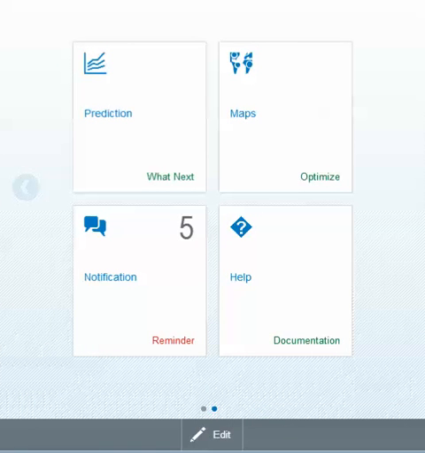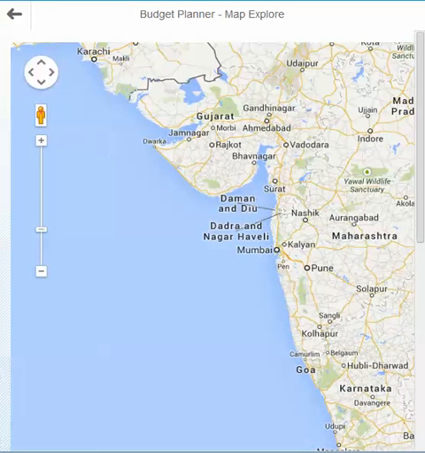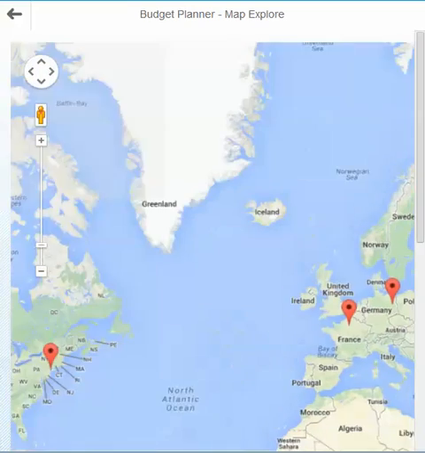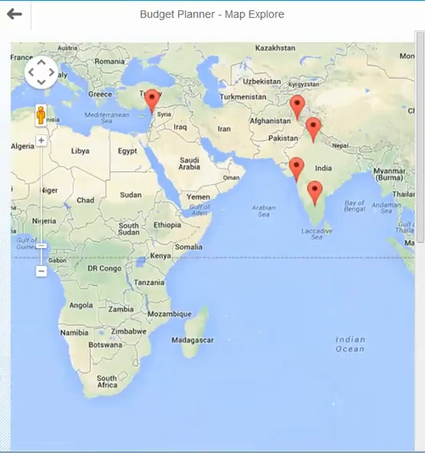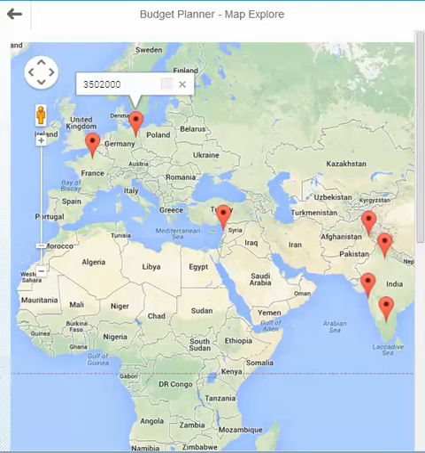Going on to the main page, we have something called maps. Prediction helps you analyze, based on the historical data, how much you would be spending in the future. Maps is like you see your maps. As of now, you are in Karnataka. Going on, you can see how much different parts of the country are spending on the medicines that you are buying. Here we selected Germany, in which this much amount was spent.